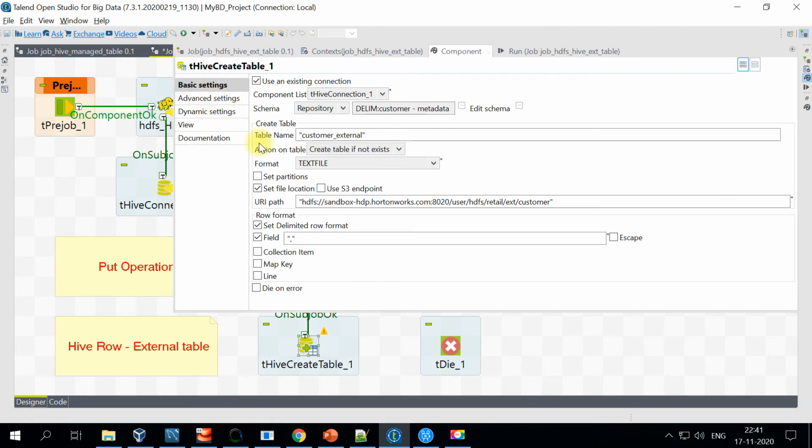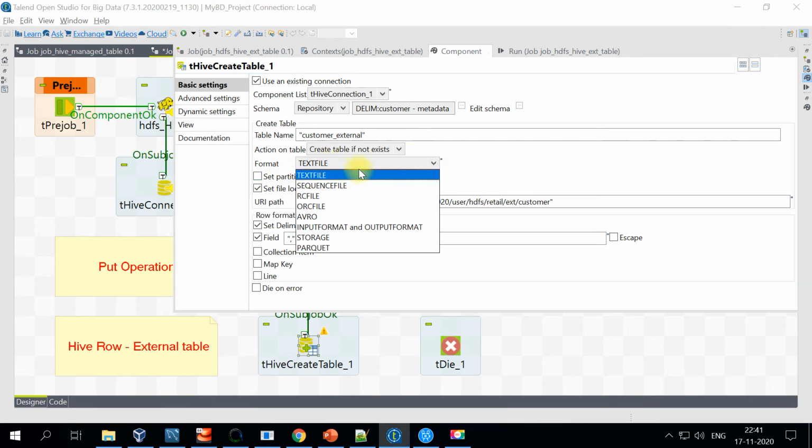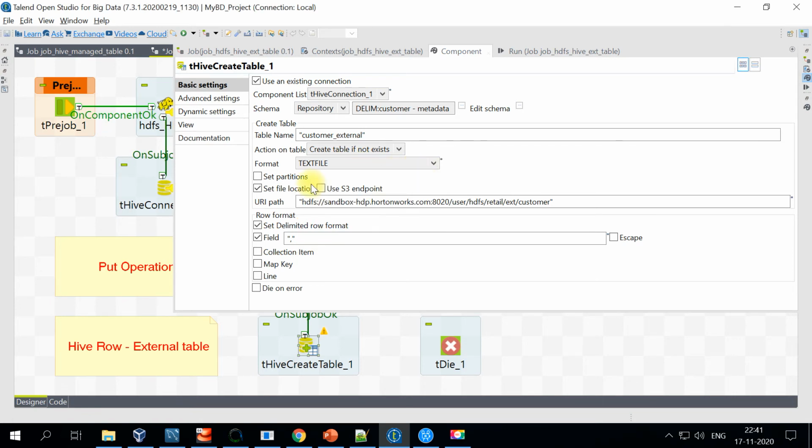Under basic settings, we are using the existing connection. We are giving the table name, customer underscore external is our table name, and the action on the table is create table or create table if not exists. There is no option for truncate, there is no option for drop and recreate, right? Of course you can specify the format that is required, and we can also set partitions. If you have data files coming from multiple cities or multiple countries, you can set countries as your partition.